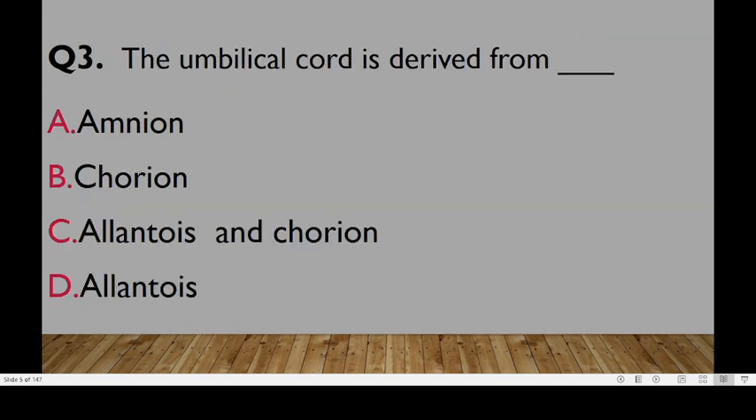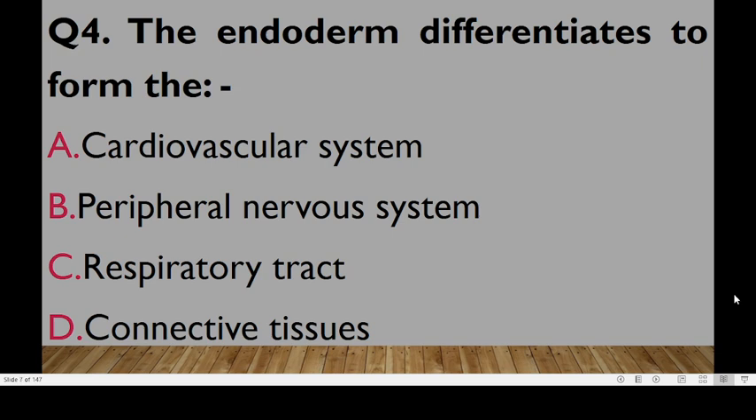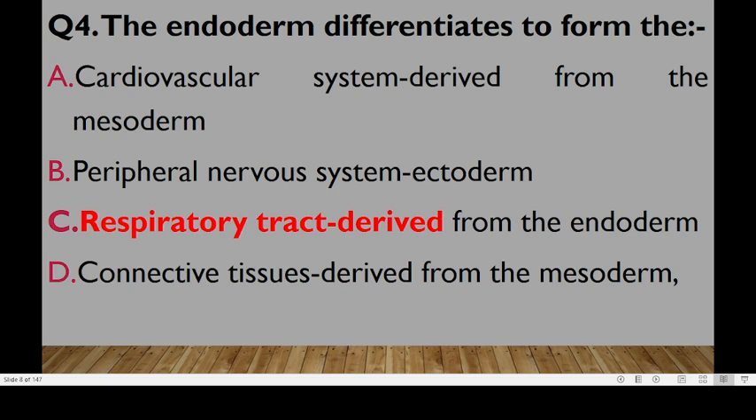The umbilical cord is primarily derived from both the allantois and the chorion. The endoderm differentiates to form the respiratory system. Remember, the cardiovascular system is derived from the mesoderm, the peripheral nervous system from the ectoderm, and the connective tissue